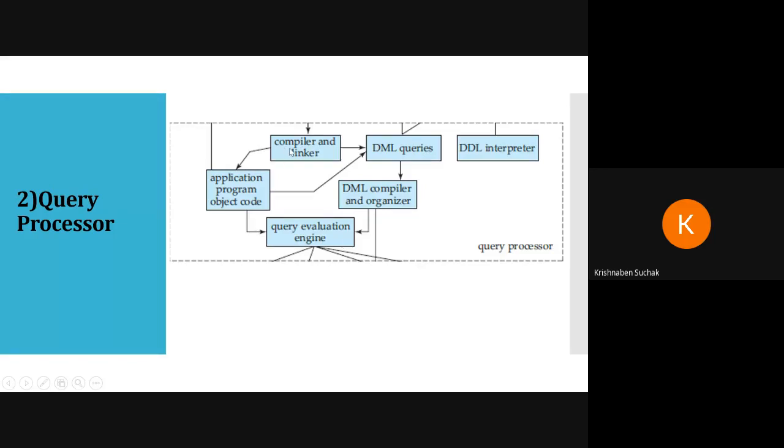They will fetch the output from the compiler and linker, and check whether the application program is correct or not. Next thing is the compiler and linker. As we saw, it will link different modules or different programs, and the compiler will compile the complete code at once.